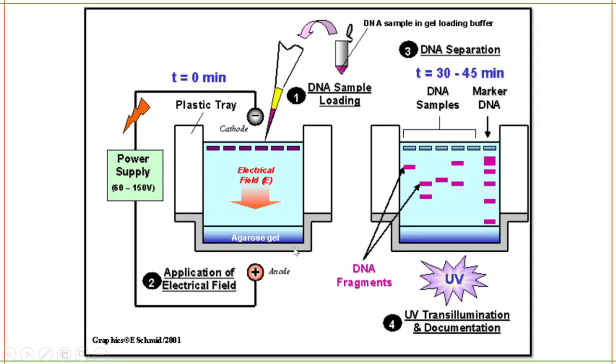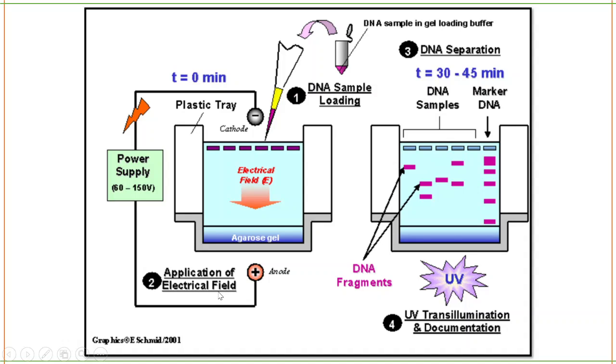You can see this is the agarose gel. After the removal of the combs, the wells have been formed, and in these wells, which are like empty spaces, you can load your DNA. This will be loaded near the cathode, the negative terminal, and the opposite end will be the positive terminal. And why is that so? Because your DNA is negatively charged. When electric current is applied, it will move from the negative end to the positive end.